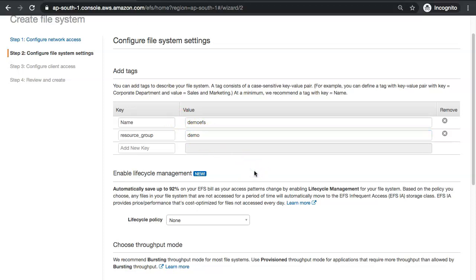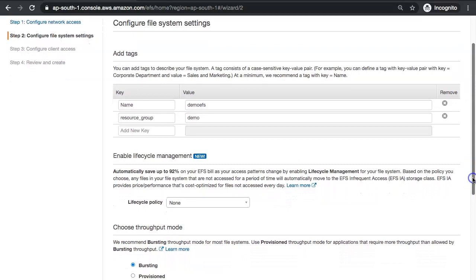And there is something known as enable lifecycle management. Now EFS has two storage classes. One is called standard and the second one is IA, or infrequent access, storage class. If you are familiar with S3, S3 also has similar concepts.